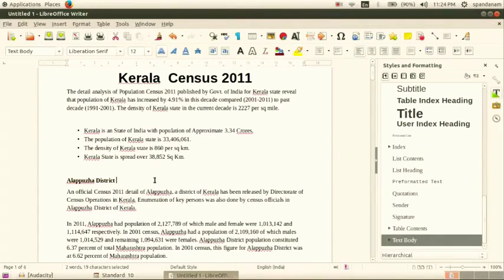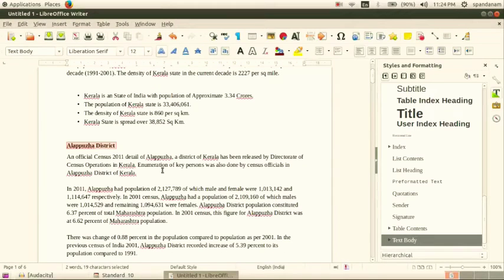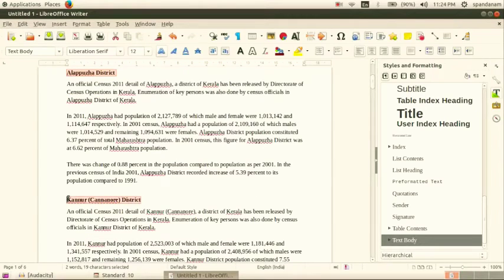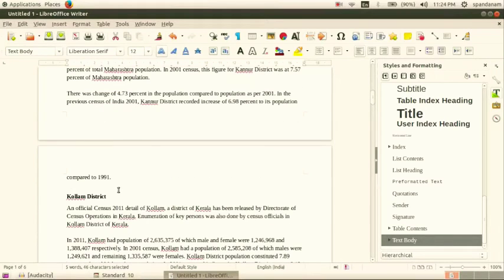Now we are going to format all the headings as Heading 1. For that, select all the main headings.